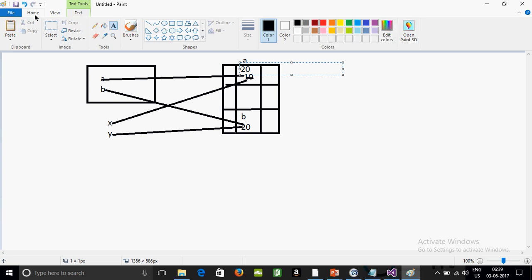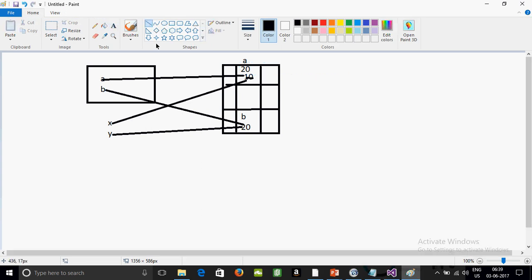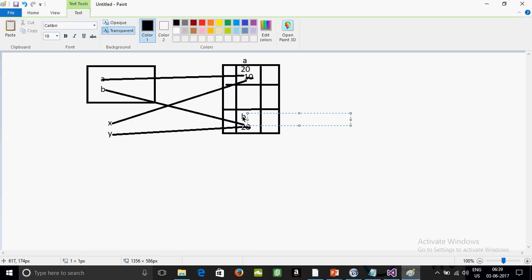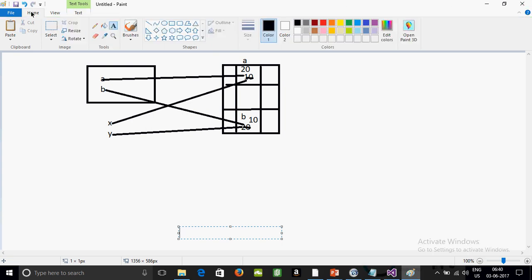And again, it cut the value of B and replaced that value with 10, like this. So it modified the original memory location. Right? Both the variables are pointing to the same location, but when we make changes in that, the changes will be produced in the original one. But in case of a call by value,